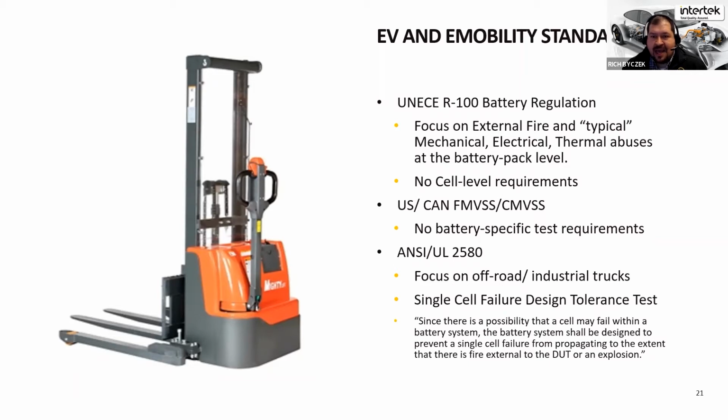If there's an event going on that you can't immediately see, you may or may not be able to easily get away from that incident. The vehicle's traveling. You may or may not have the ability to, if you will, jump off the battery, get away from the battery, get away from the vehicle quick enough. So a lot of the concerns here in the EV and eMobility standards are focusing on external fire. We're focused on some of those mechanical and external stresses that can occur, and whether or not the structure of the vehicle gives you enough protection to allow that passenger to get away in that event. So not only the propagation event, but also the mitigation of personal injury or fatality. How are those being addressed at the vehicle level?